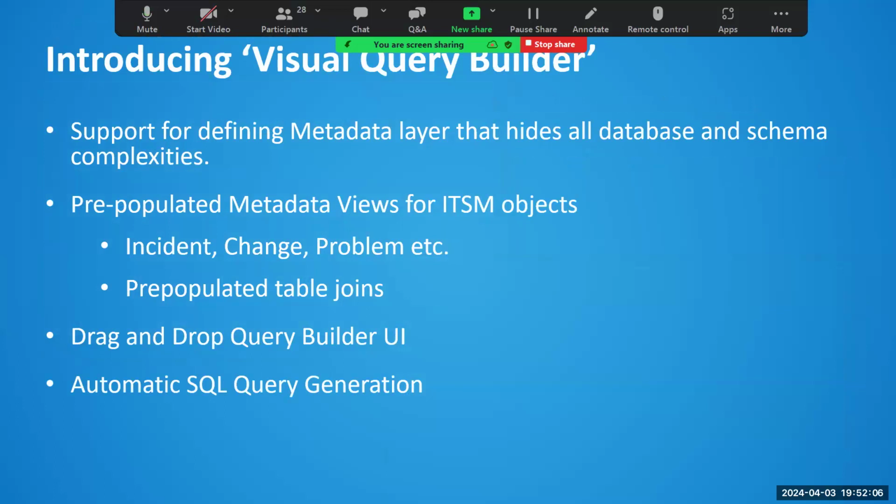The report designer who is designing the dashboard need not worry about how to write SQL, or about the join criteria. If you want to pull data from multiple tables, that is all predefined in the metadata layer. We ship certain metadata views out of the box